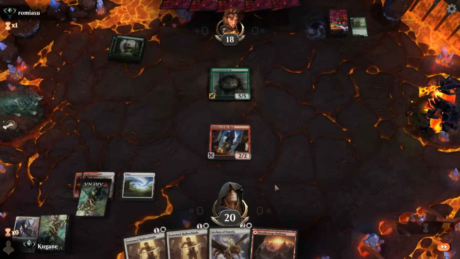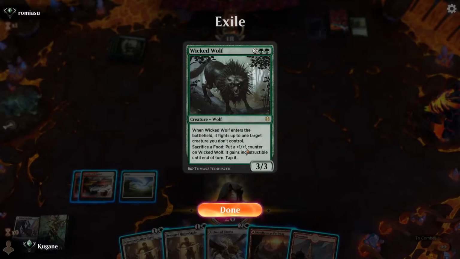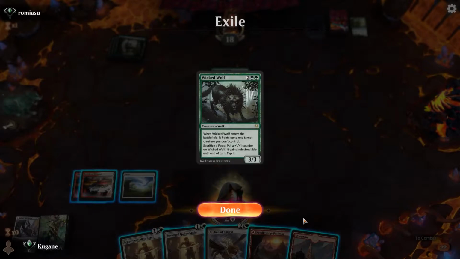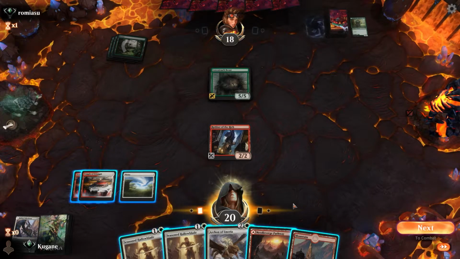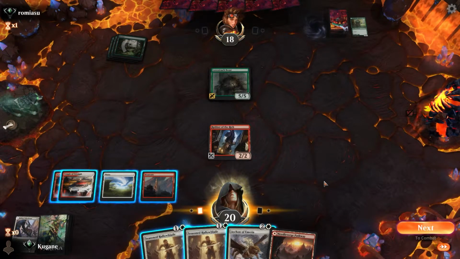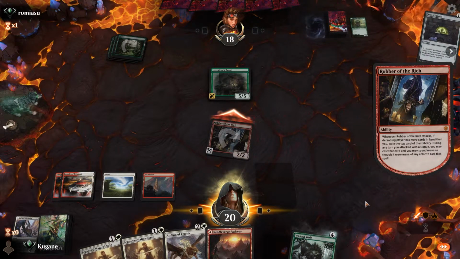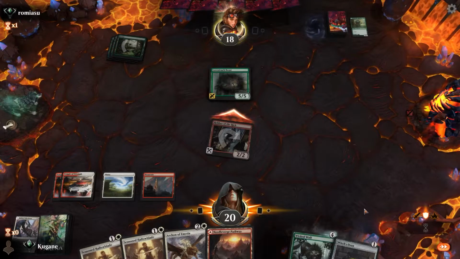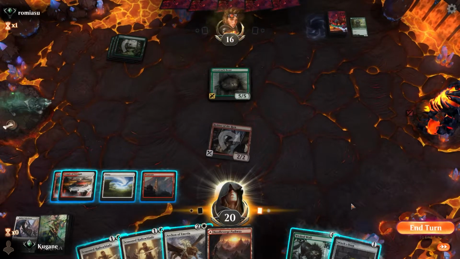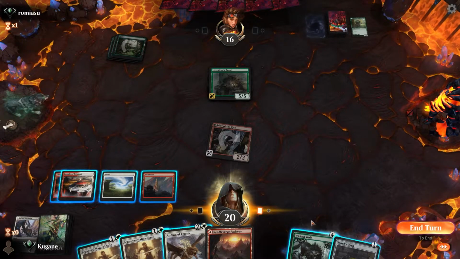There's the Lovestruck Beast itself, and I do have a Wicked Wolf here that could enter the battlefield and fight with the Lovestruck Beast. I kind of like that, so I'm gonna go in and... Alright, we got a Witch's Oven as well. If they block here, they realize. So, since they are not blocking here, I'm expecting